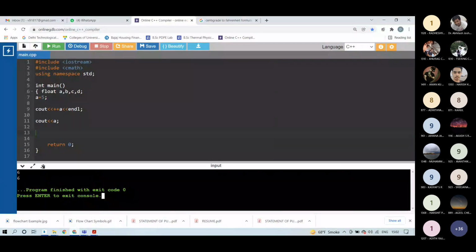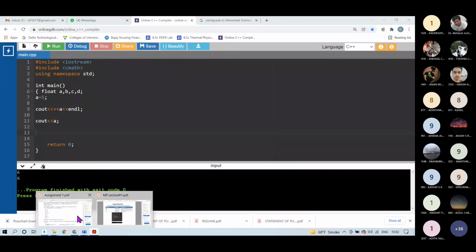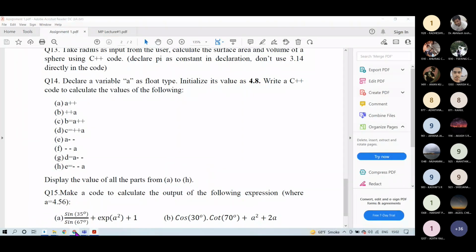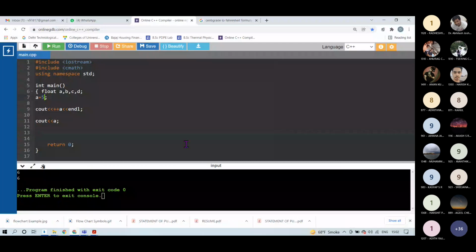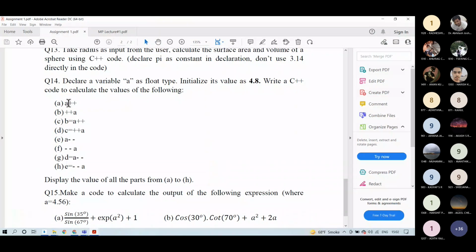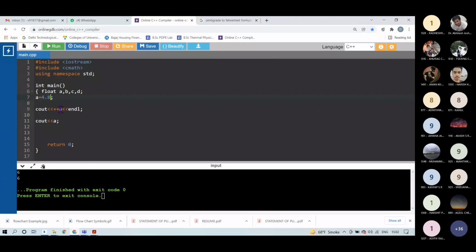So I am declaring a as float, and I am writing this as 4.8, right? So in the first case I am just printing the content of this operation a plus plus.